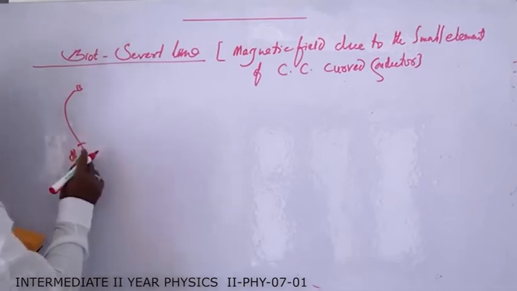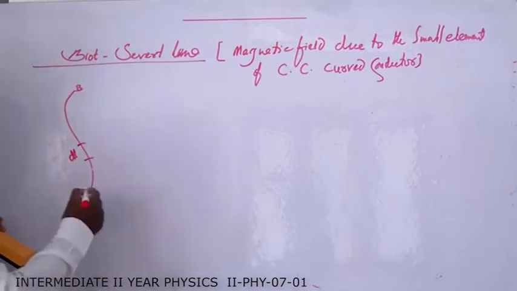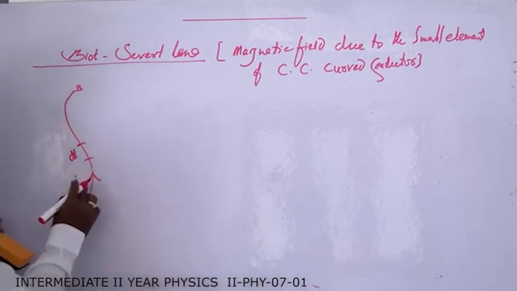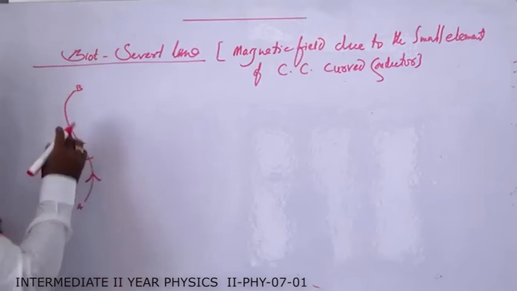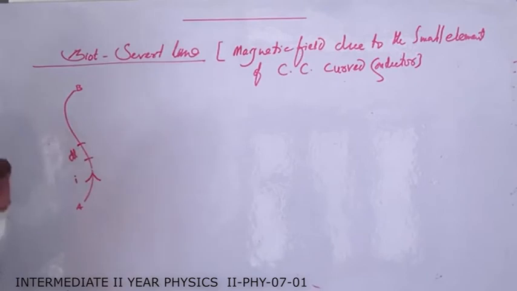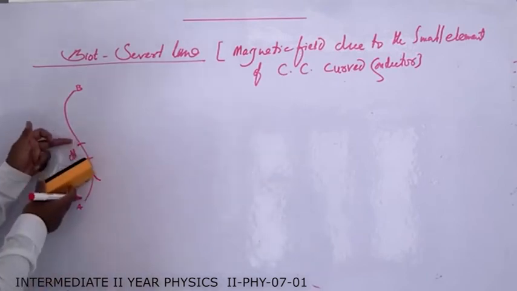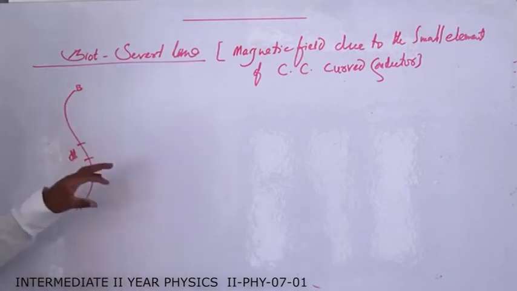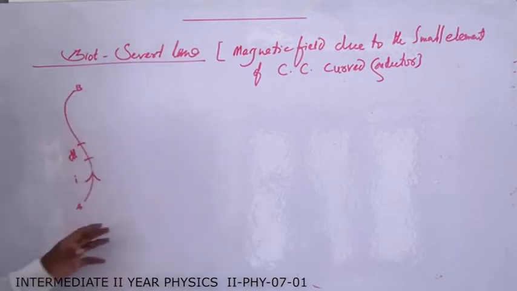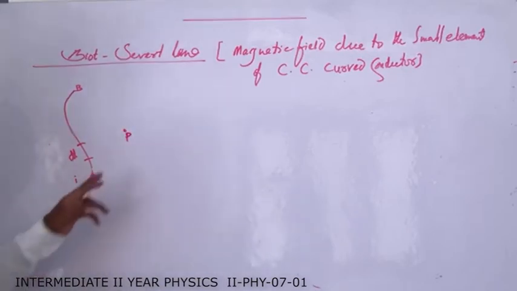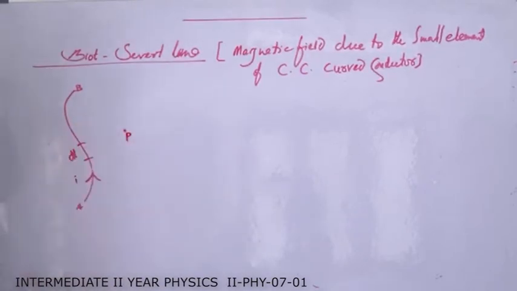The length of this element is dl. Here the current passing through this conductor is I. The same amount of current is also passing through this small element. It is very small, very near these two ends. For the sake of convenience, I am taking it at a larger distance. So when current is passing through this small element, now we find the magnetic induction at any one point nearby this conductor. So we want to find the magnetic field at the point P.